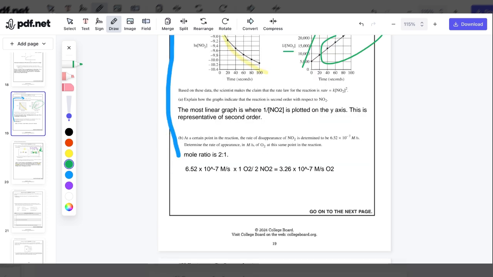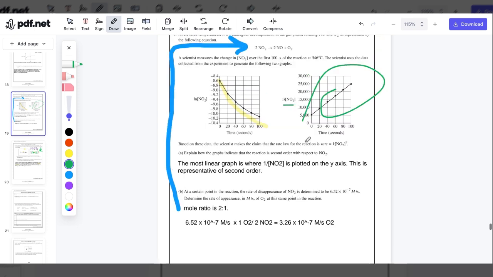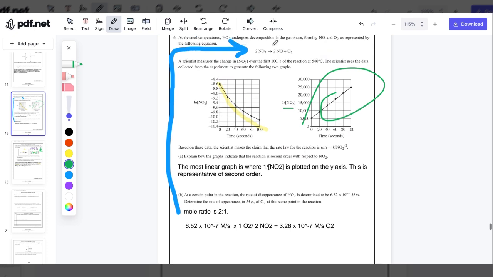For part B, it goes, at a certain point in the reaction, the rate of disappearance of NO2 is determined to be 6.52 times 10 to the negative 7 M over s. Determine the rate of appearance in M over s of O2 at the same point in the reaction. So with this, you could honestly just use the mole ratio because this is just basic stoichiometry. So notice that for every 2 moles of NO2, you have 1 mole of O2. And you're actually just solving